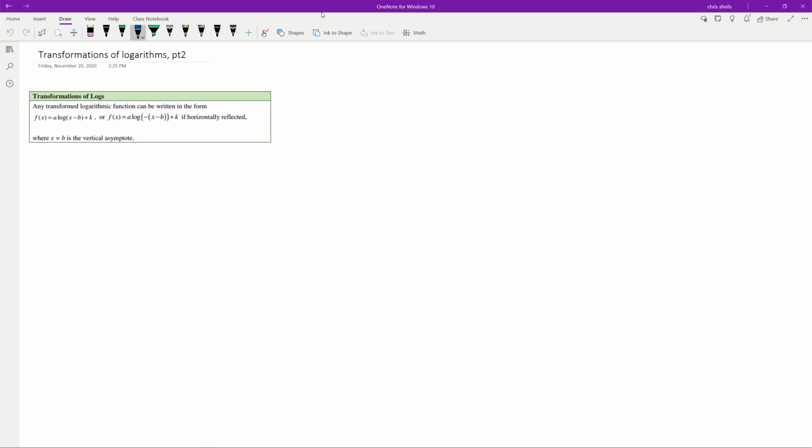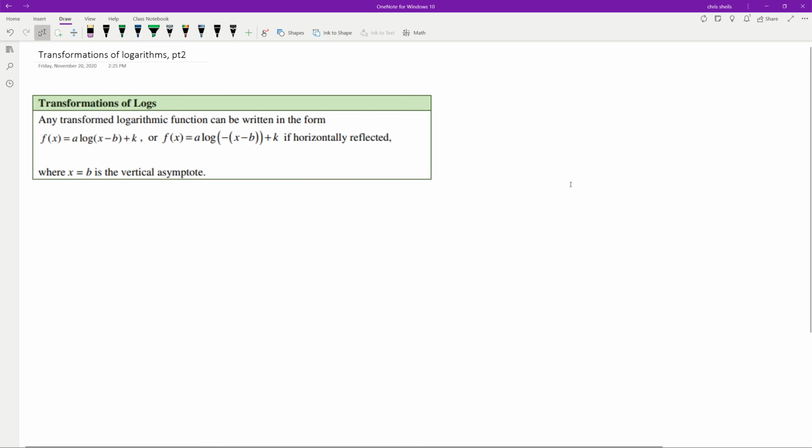I think we have a nice little table here. Not a table, but definition stuff. Any transformed logarithmic function can be written in the form f of x equals a times log of x minus b plus k, or f of x equals a times log of negative x minus b plus k if it's horizontally reflected. Notice that if the logarithm is horizontally reflected, I need to factor a minus sign out of everything